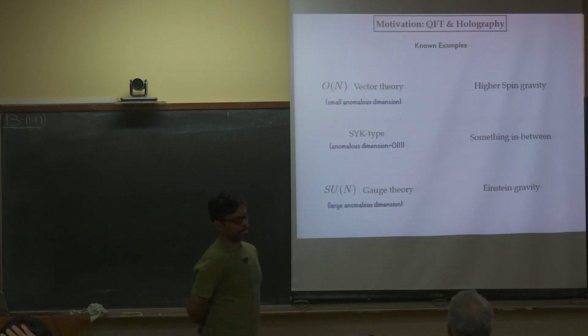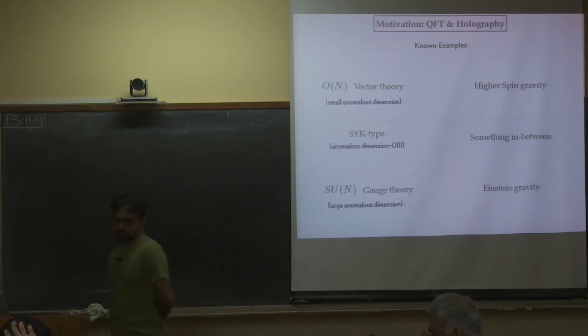Just to check with you, a striking fact about SYK and also about SUN, which we know from the gravity side for n equals 4, is you're close to meeting the chaos bound, or you meet the chaos bound. But in the ON, you're nowhere close, right? And that's much more easy, right? That's true. Yeah.